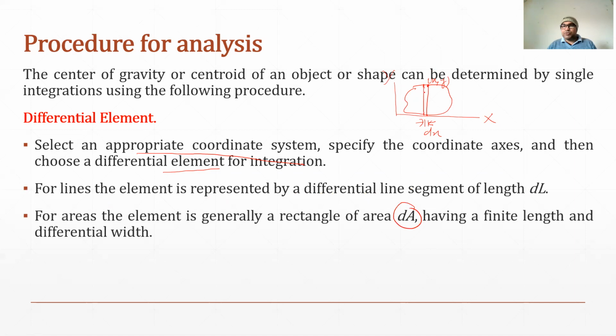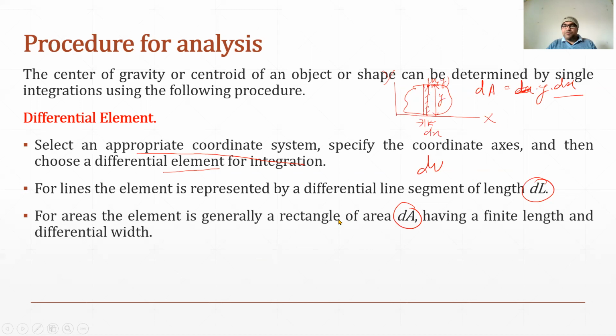The strip that I have chosen will have a differential area dA, and dA will be the product of dx multiplied by the length of this strip, say this is y, so it will be y into dx, which becomes the differential area of that vertical strip. Similarly, if there is a one dimensional body, we will have a dl. If there is a three dimensional body, we will have dv.